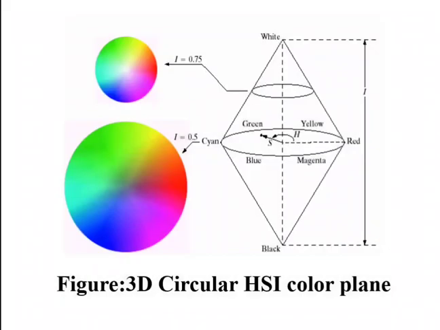In this lecture, we studied three color models: the RGB color model, that is the red, green, blue color model; the CMY or CMYK color model, that is the cyan magenta yellow color model and the cyan magenta yellow black color model; and the last one is the HSI color model, the hue saturation intensity color model. In the next lecture, we will discuss how we can convert HSI to RGB and RGB to HSI.